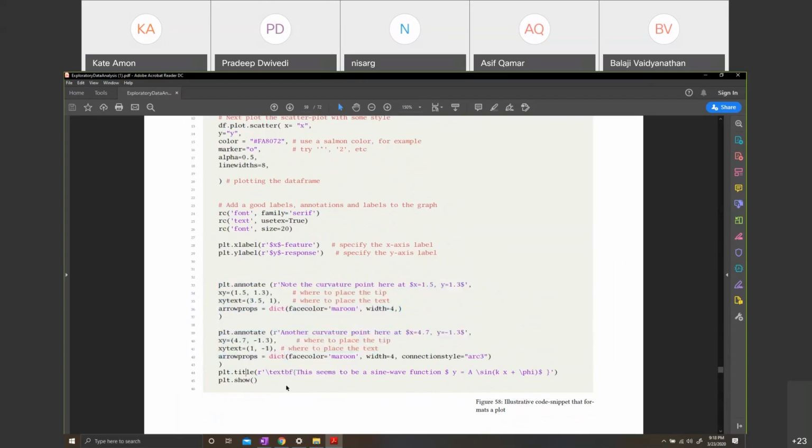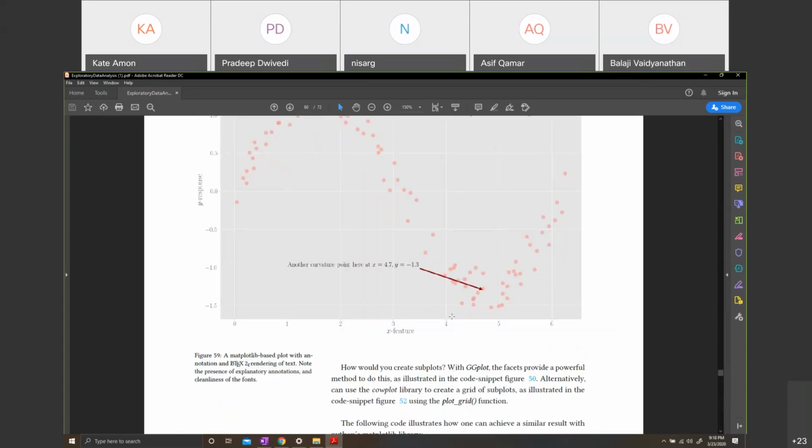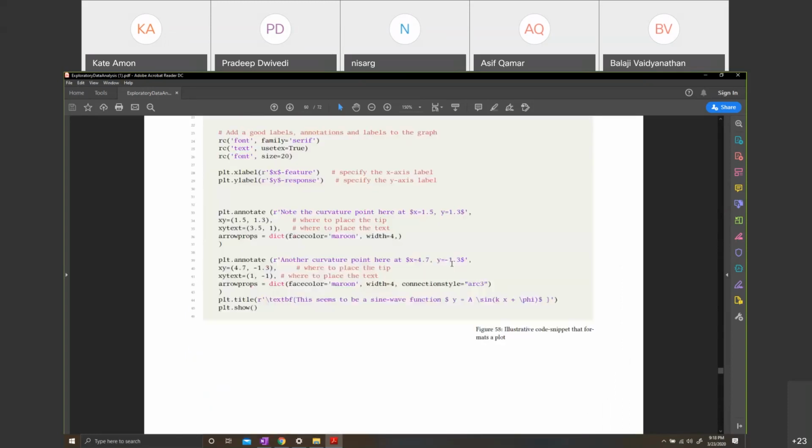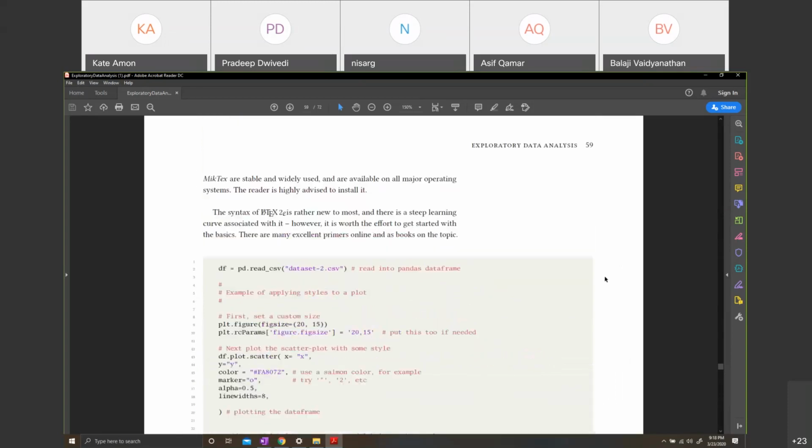This is the title. And you notice that in the title, again, I have put LaTeX syntax. LaTeX, by the way, I must warn you, has a pretty steep learning curve. While it is nice to say that you can do that, as they say, Rome is not conquered in a day. So as you are entering data science, don't try to do everything at once.